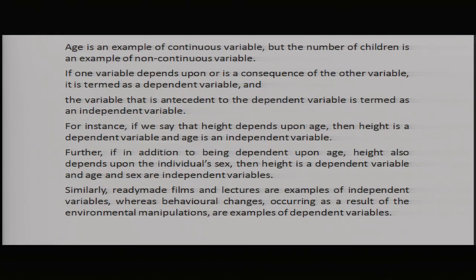For example, we have taken an example of height and age, right? Maturity and age. So some examples are already given, right? If we say that height depends upon the age, then height is dependent variable and age is independent variable. So it is depending, okay, as age increases your height increases, but age is independent variable, it is not connected